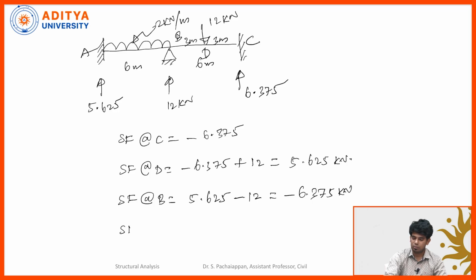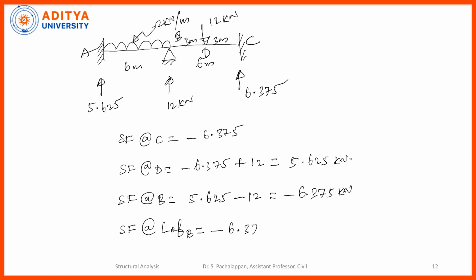Now I am going to do shear force at left of B. At left of B, so minus of 6.375, left of B I am having downward force which is plus 2 multiplied by 6, I will be getting 5.625 kilonewton. Now shear force at the point A is equal to